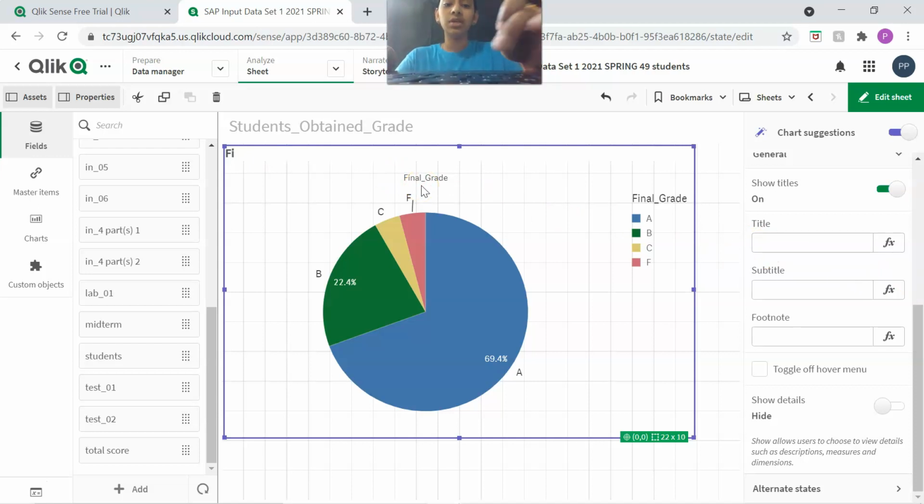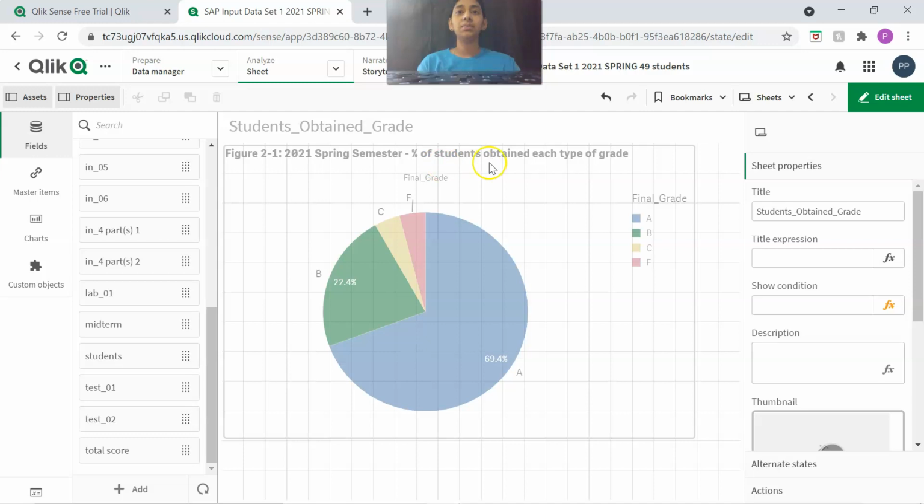So now this is my figure 2.1, 2021 spring semester, percentage of students obtained each type of grade. So yeah, now we have created the percentage of students who obtained each type of grade.